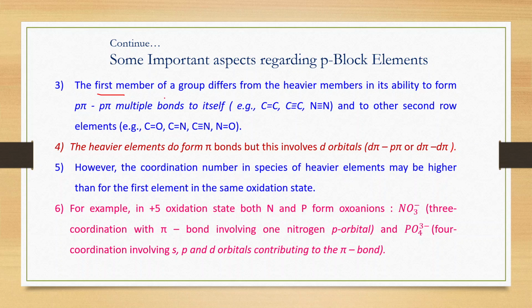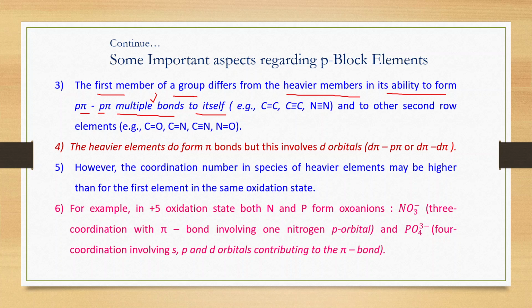The first member of a group differs from the heavier members in its ability to form p-pi multiple bonds to itself. Multiple bond means double bond and triple bond. And as we already discussed, when double bonds and triple bonds are there, pi bonds are also present. Clear? And these pi bonds, especially in the case of the first member of these p block elements,